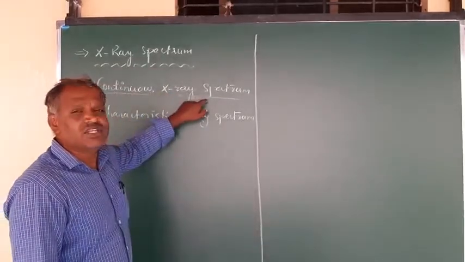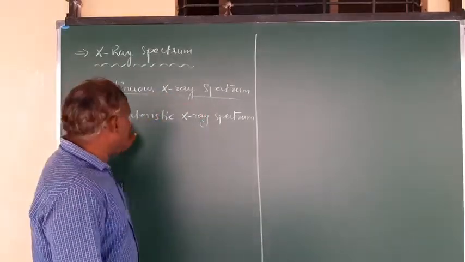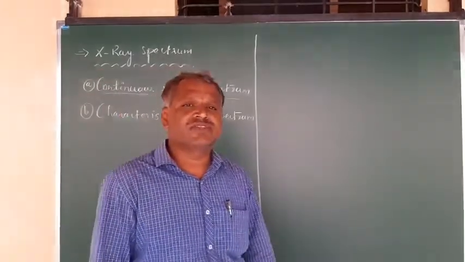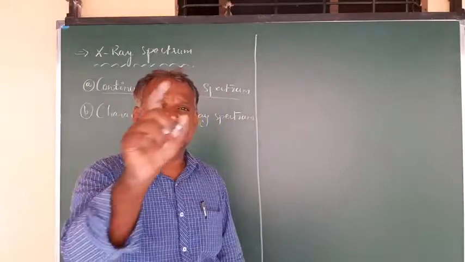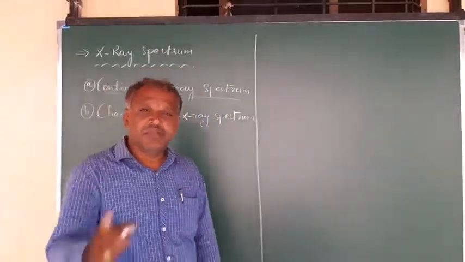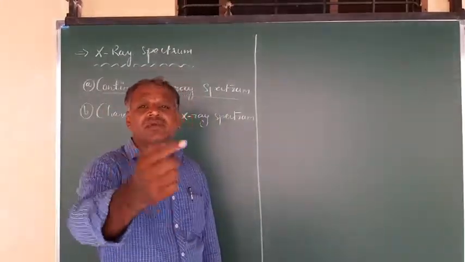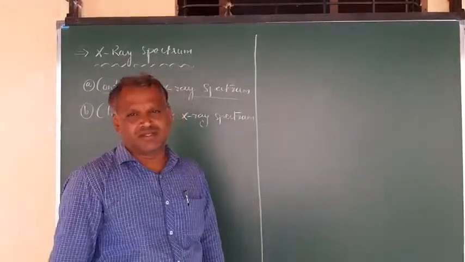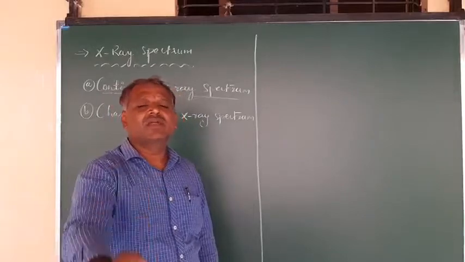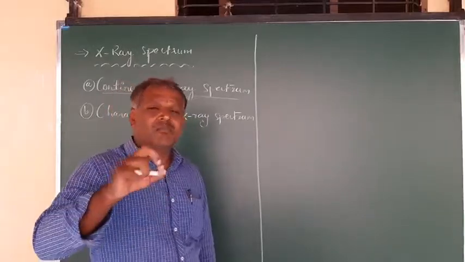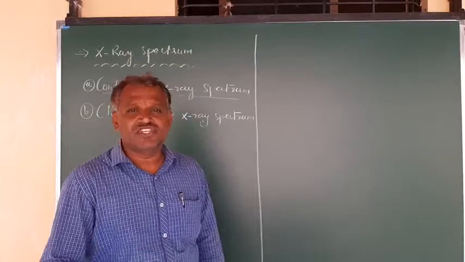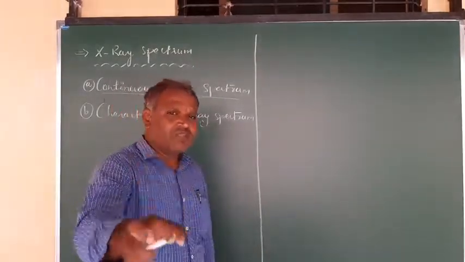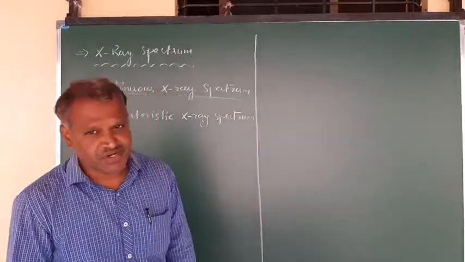Whereas coming to the characteristic X-ray spectrum, the wavelength of the characteristic X-ray spectrum does not depend on the exerting potential. It depends on the nature of the target material. So that is the characteristic property of the target. Accordingly, the wavelength can be modified where the mass number is changed. There you can observe a change in the wavelength associated with the characteristic X-ray spectrum, right?